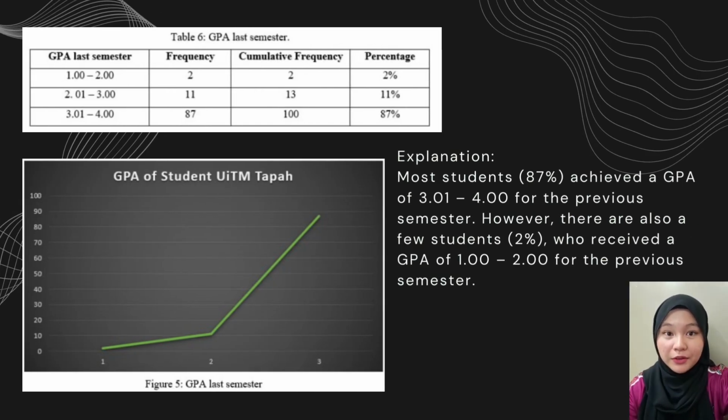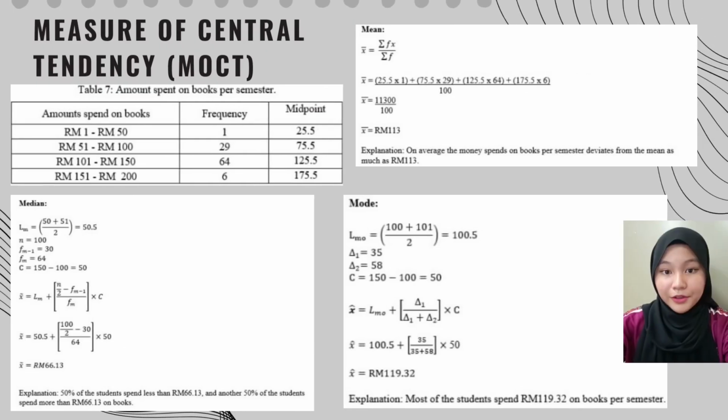We use a frequency polygon to do the analysis, and then we make explanations. Most of the students, which is 80% of them, achieved a GPA of 3.01 to 4.00 for the previous semester. However, there are also a few students, which is 2% of them, who received a GPA of 1.00 to 2.00 for the previous semester. For the last question, which is amount spent on books per semester, we're going to measure